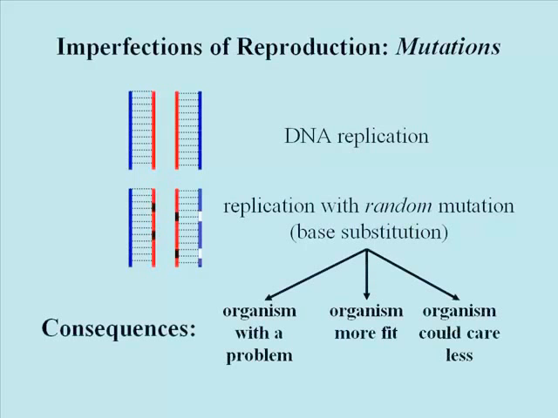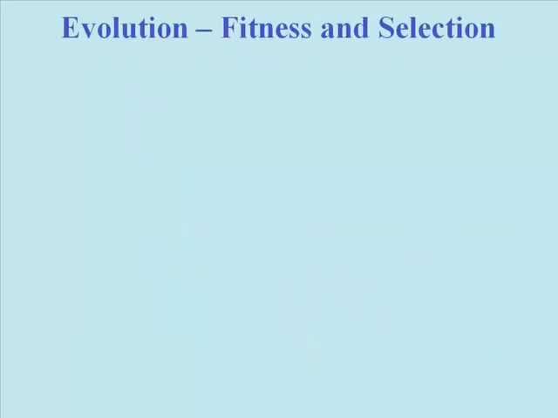There are three possible consequences for the next generation during such replication. A defective or non-viable individual or cell may form. Theoretically, an individual that is better suited to survive, that is in fact more fit, might ensue. Or there might be no consequence at all. The mutation essentially is neutral. The individual organism might be unaffected. So, the concept of fitness applies to individuals and not to species.